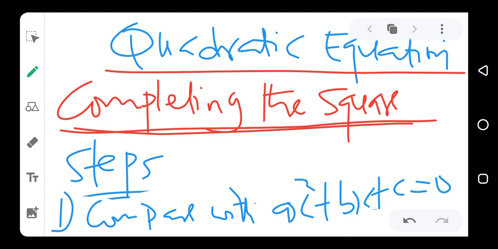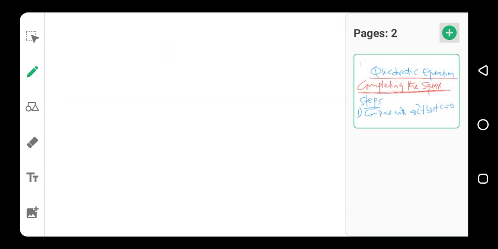Now, in comparing it, you make sure that the highest power of x is 2. If the highest power in the equation is not 2, it is not a quadratic equation. Then the next thing you have to do is to make sure that the value of a is not equal to 0. In a quadratic equation, a must not be equal to 0. So when you are done with this comparison, then the next step to take, step 2,